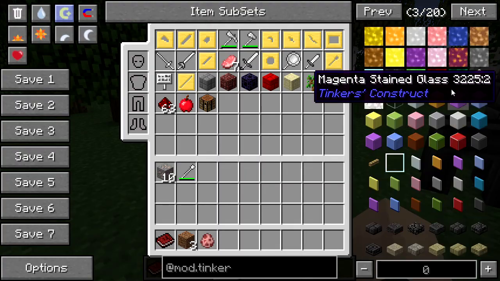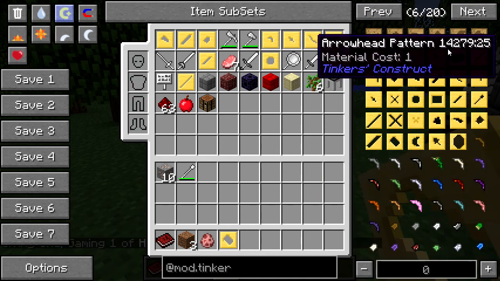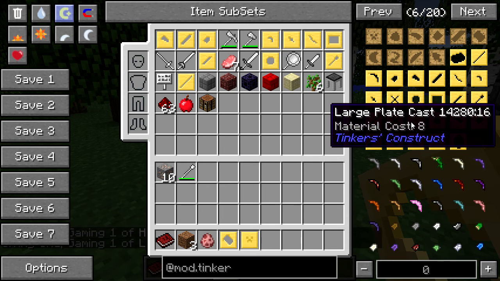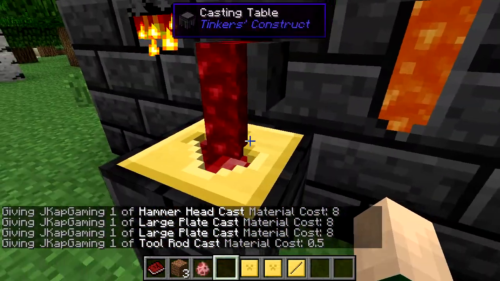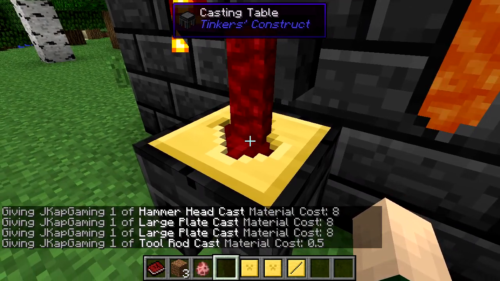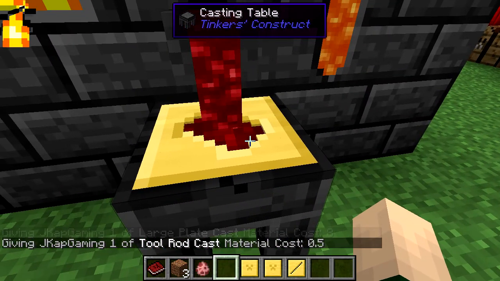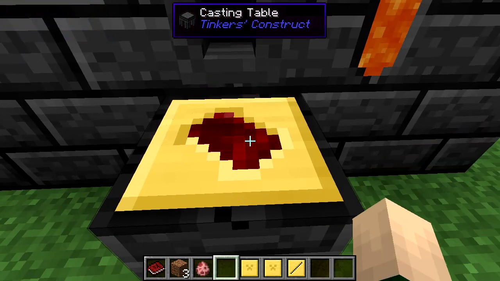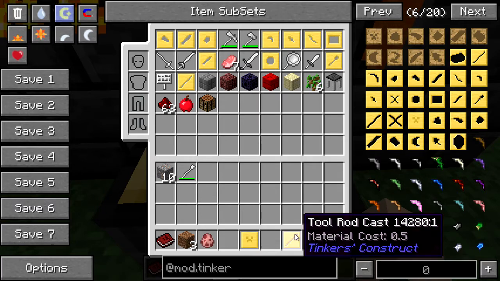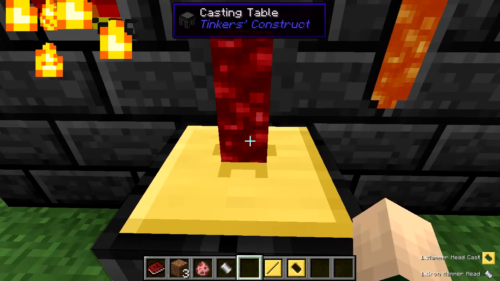So what does that mean we have to have? Well, we need the hammer head, which is right here. Then we are going to have to get these large plate casts and a tool rod. So we'll go hammerhead, we'll fill it up, and keep in mind the hammerhead will use 8 ingots worth of materials, so make sure you have enough with that, as well as these large plates. Each will use 8 ingots, and we need 2 large plates, so that is a lot of ingots. There's one,